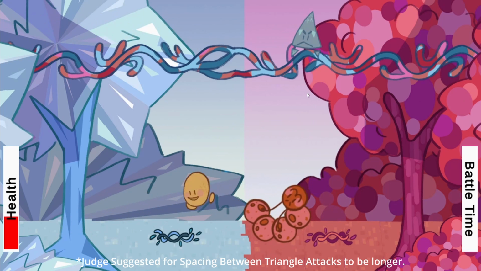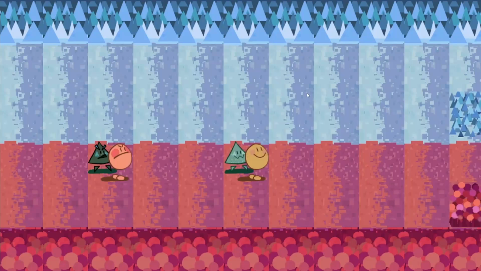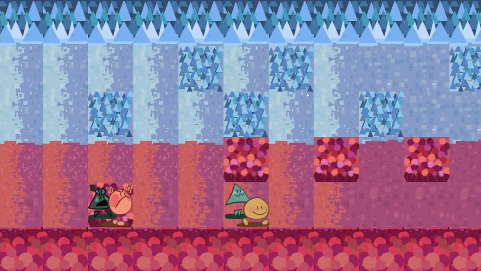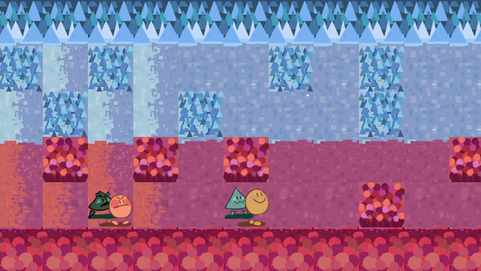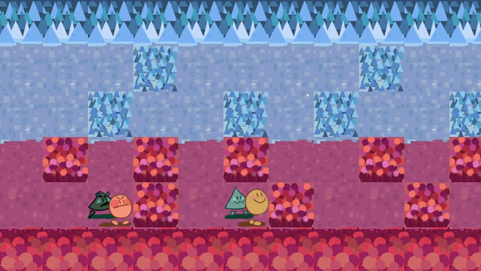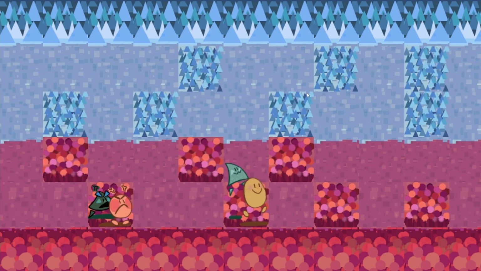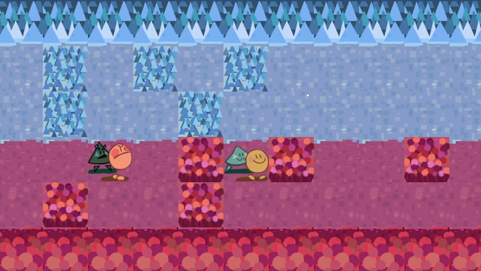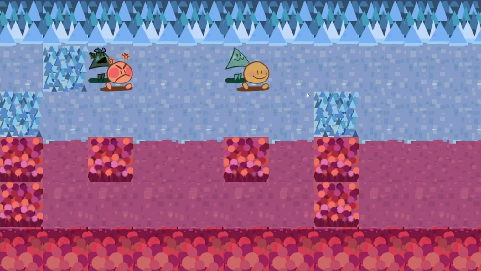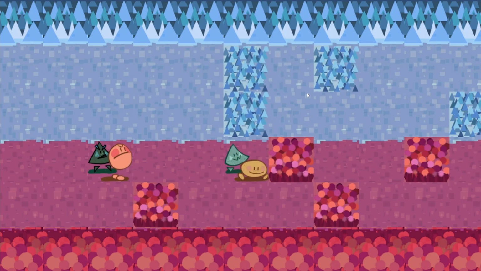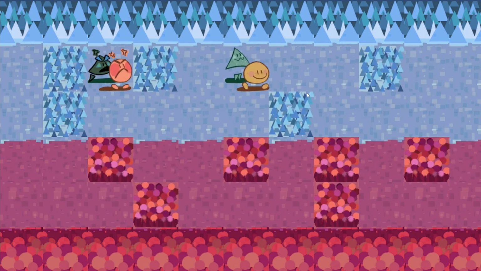Oh, and there we go, I did it. Triangle hit him for the third time, and they were appeased. Well, not appeased. They're actually very angry, so they ran off. The opposite. But yeah, the art looks pretty good. The music is actually pretty good as well, even though you just learned it over the weekend.